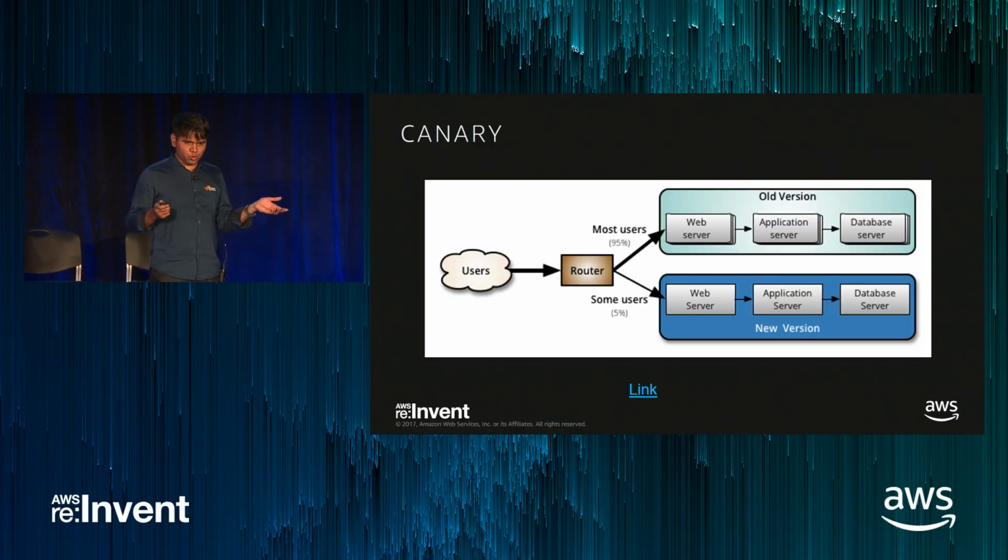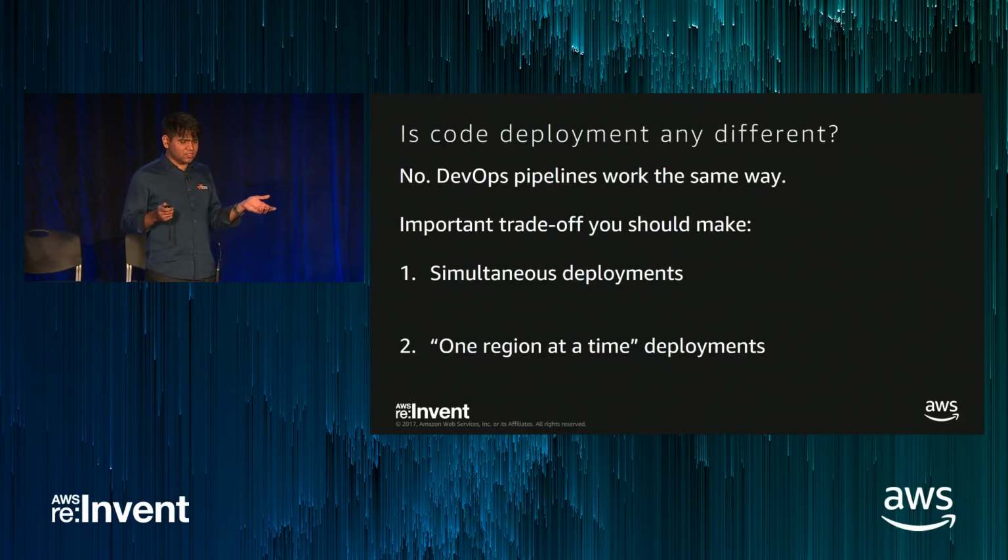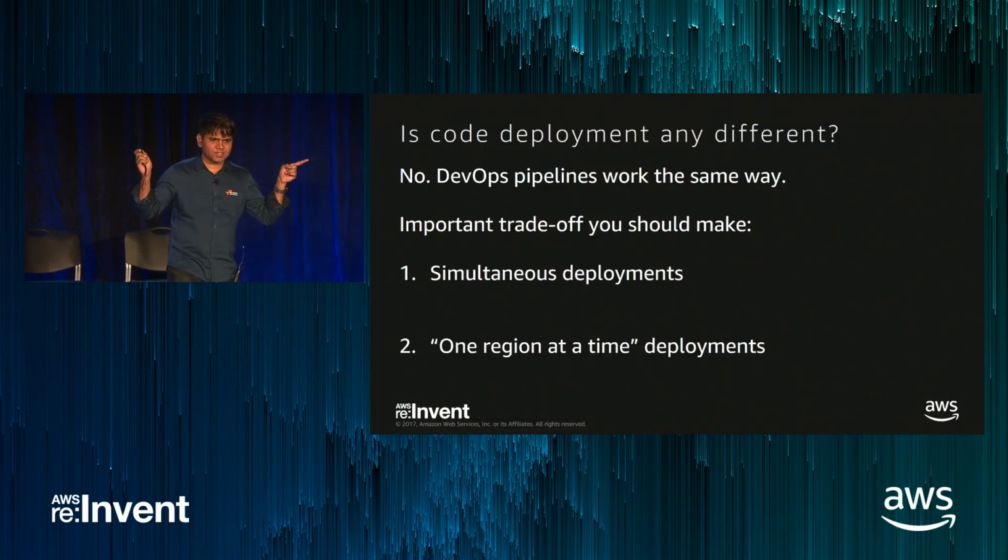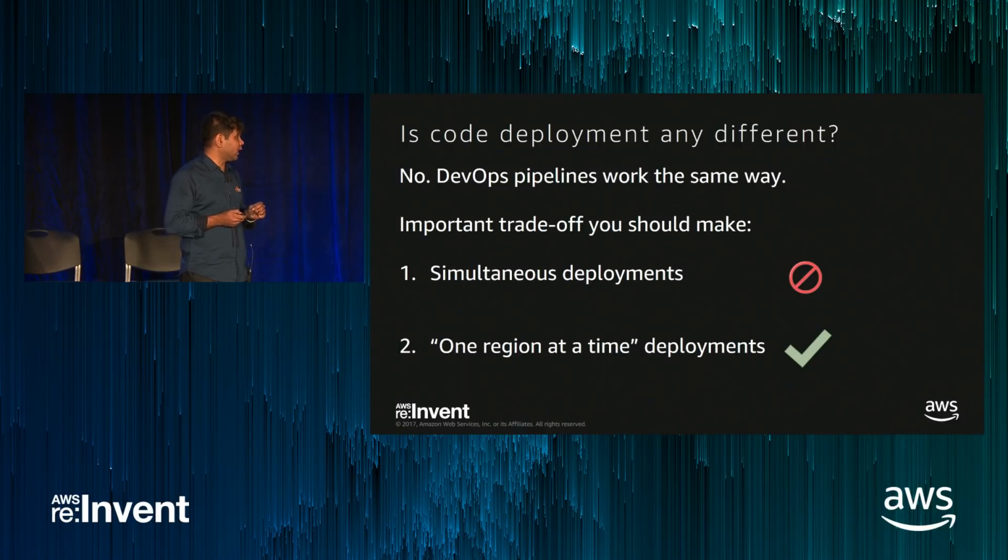But you will have to do it at two places, right? But it is not generally nice to do deployments at two regions at once, because if you do something wrong, both regions are going to be unavailable all at once, and what is then the benefit of having a multi-region architecture, right? So never do simultaneous deployments to both the regions. You should always do one region at a time deployments. That is bad, second is good.